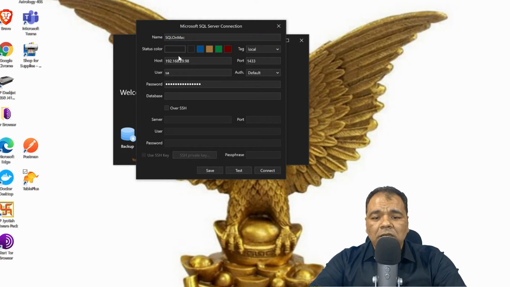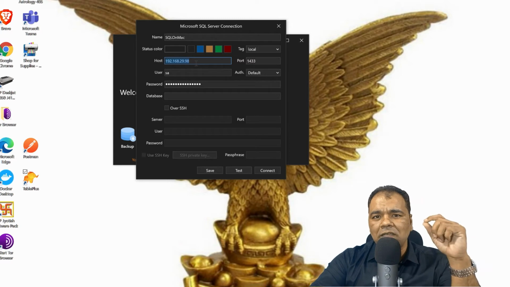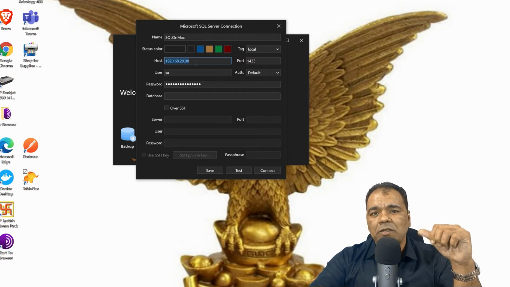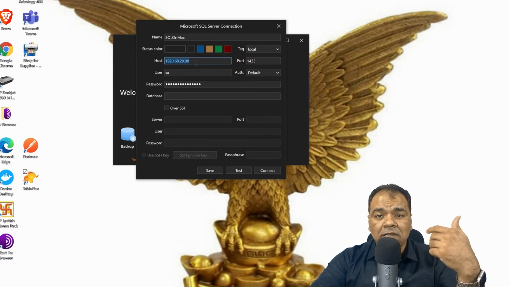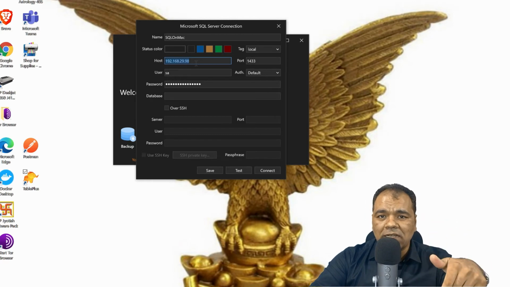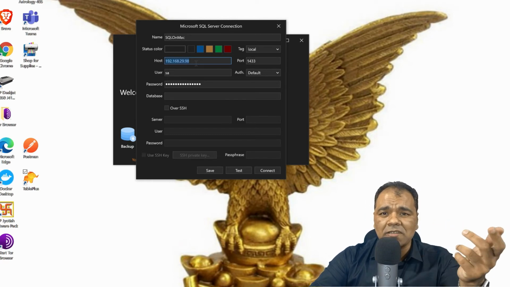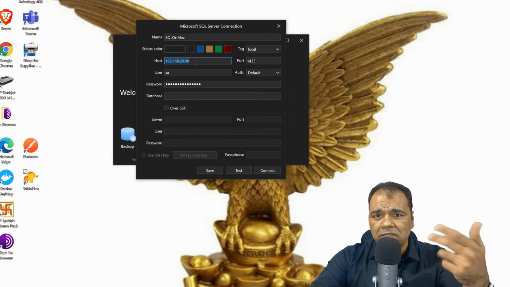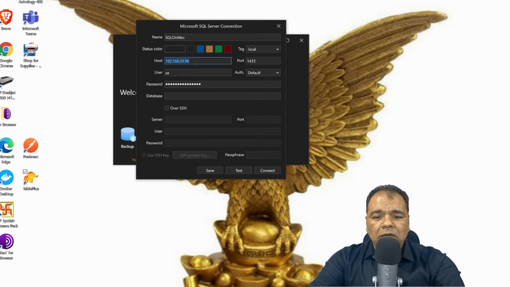Whatever I want. I have to enter the host name, which can be an IP address or a host name, but usually it's better to use an IP address when you are connecting to the server in a local area network, or even in a wide area network. It's preferred to use the IP address because it's easier to connect and identify. Port number is 1433 because SQL Server works on this port number, that is 1433, and then